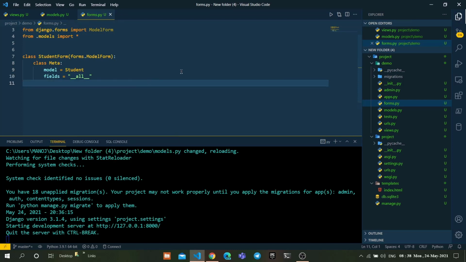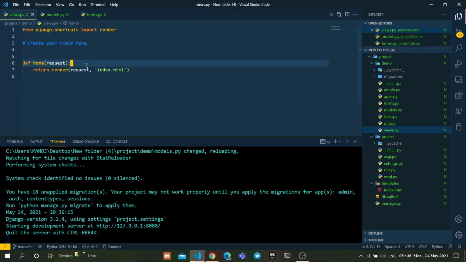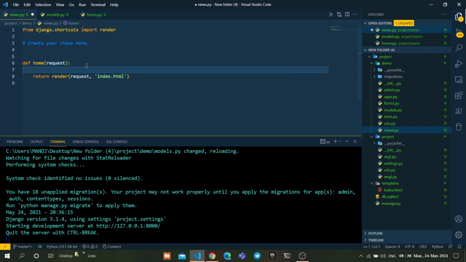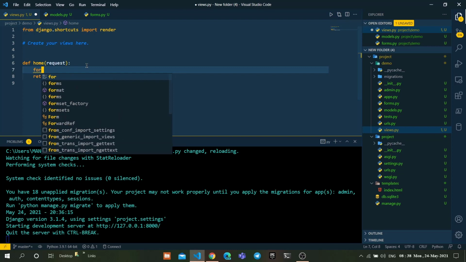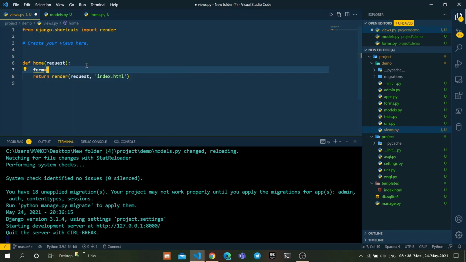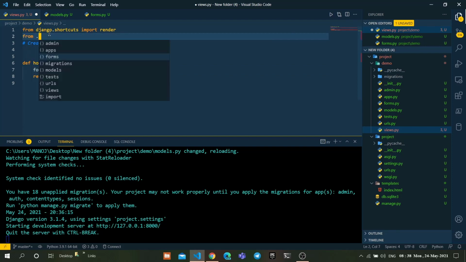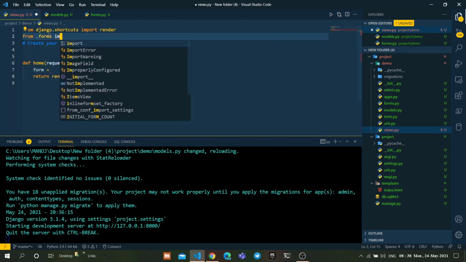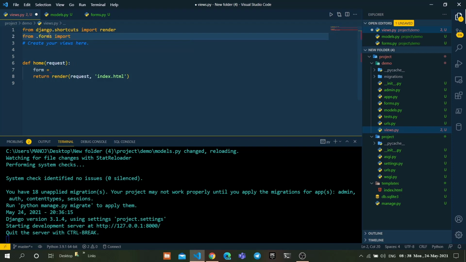Let's try rendering this form into the HTML file. To make this work, we need to modify our home function a little bit. Here, form equal to StudentForm. Before writing this, just import the forms: from .forms import all.